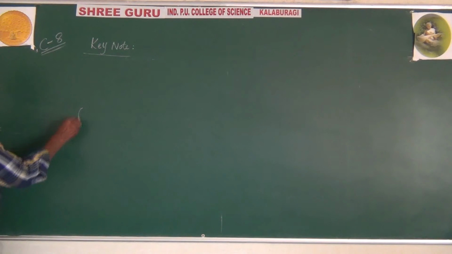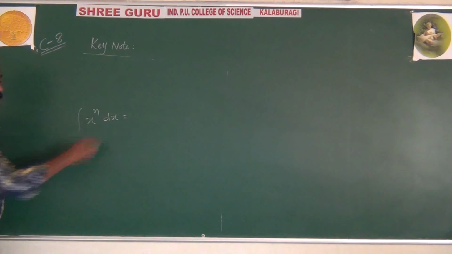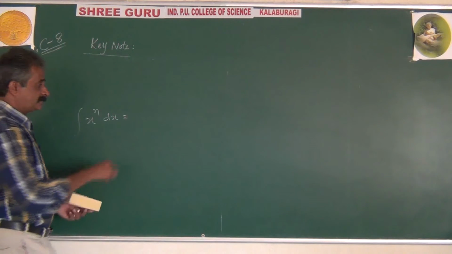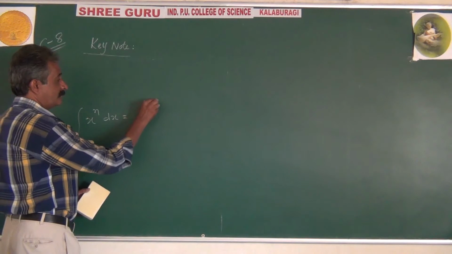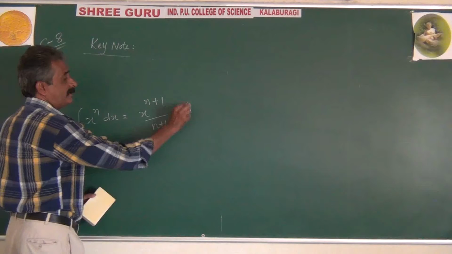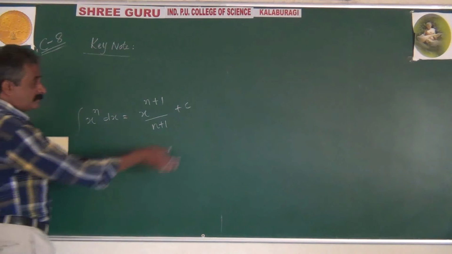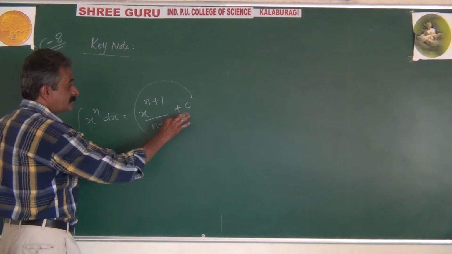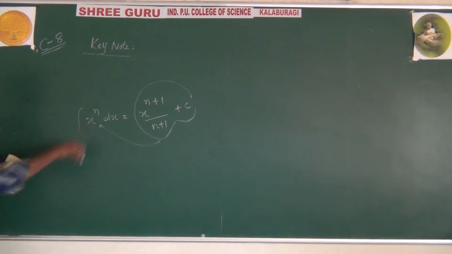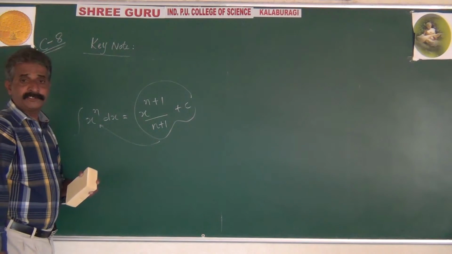Observe here, integration of x power n dx, we already used a number of times, and its answer is x power n plus 1 divided by n plus 1 plus c, and n not equal to minus 1. Understood? It is rightly so. That answer is very correct, because when this quantity is differentiated, our answer becomes x to the power of n. That we already witnessed in the very first class. Again we can examine it.